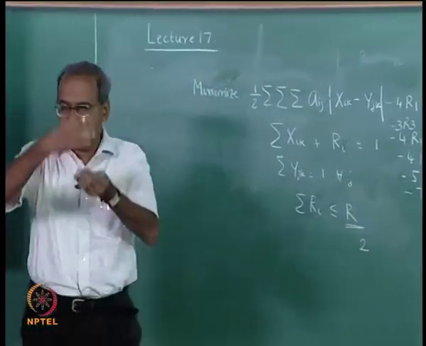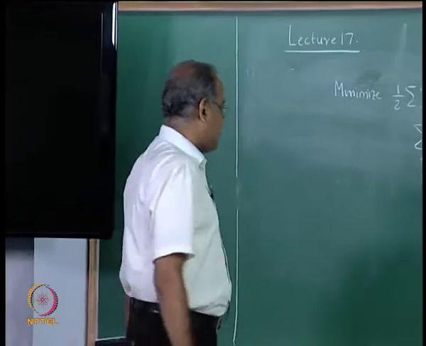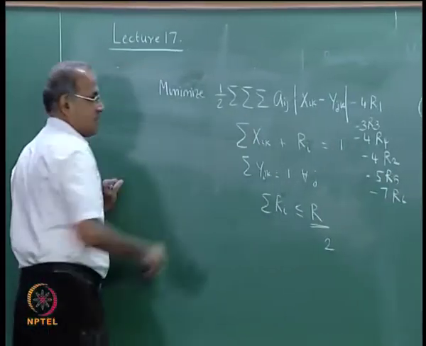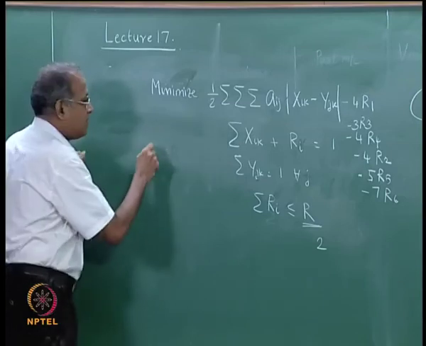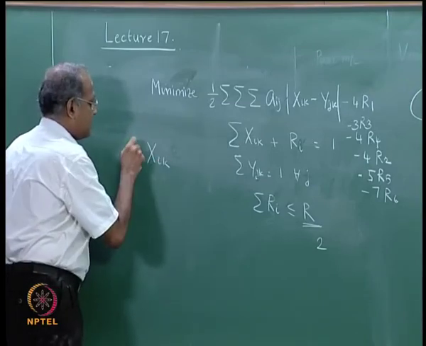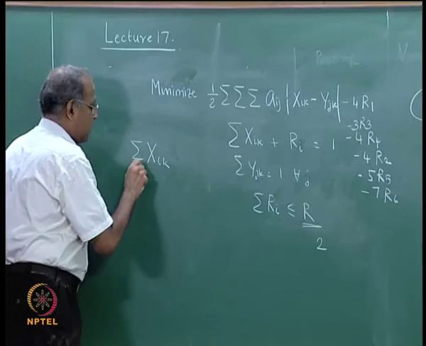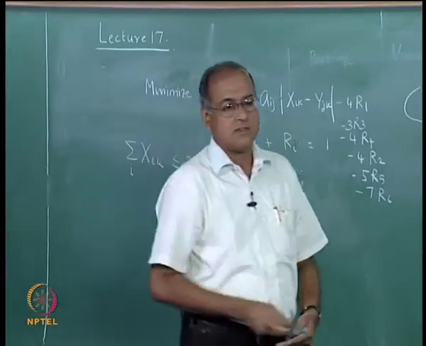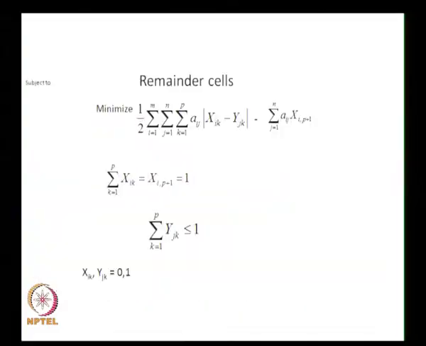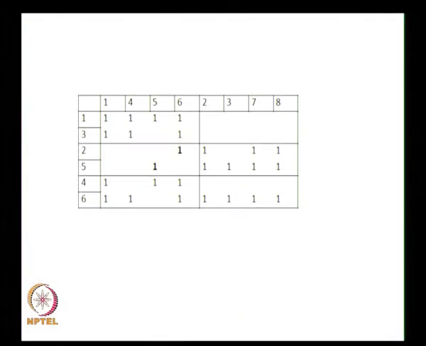So, 2 machines go into the remainder cell, plus we have also put another restriction on cell size, which we said in Bochter's term. So, xik summed over i should be less than or equal to 2 for every cell. So, this gave us the solution with 4 and 5 or with 4 and 6 going into the remainder cell with 2 intercell moves.